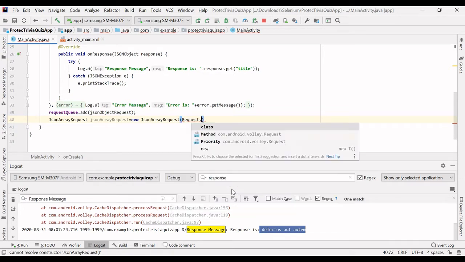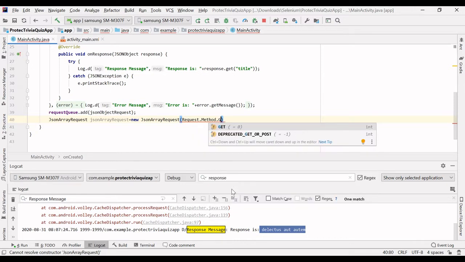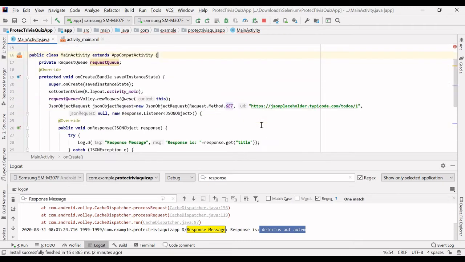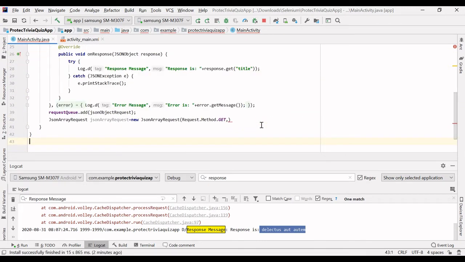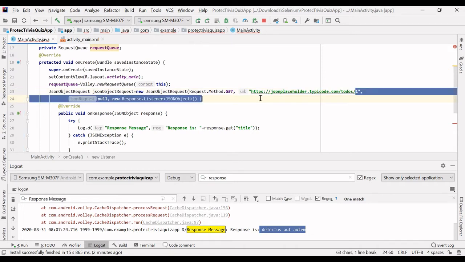So request dot method dot get, and the second argument is, what is the second argument guys? URL. So the URL, now we have to remove, we don't want a particular object, we want to get the whole JSON array.